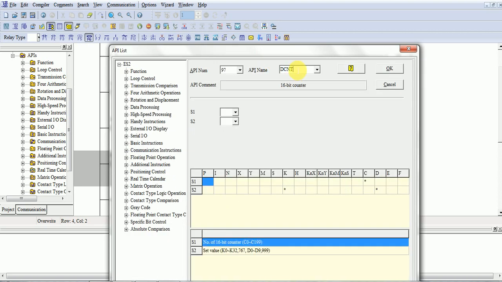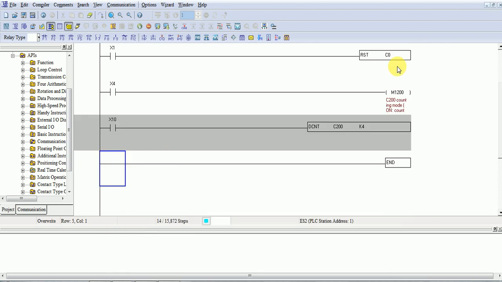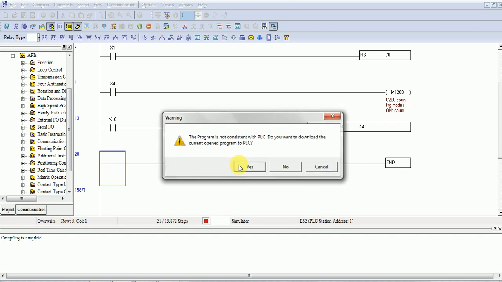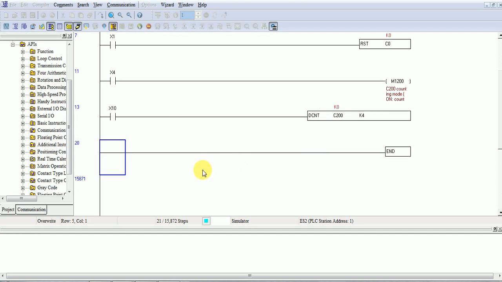DCNT is for the 32-bit counter, C200, and for the K value, any value, I will take 4. Now compile it again. Done.